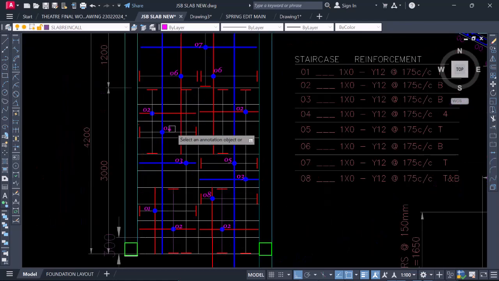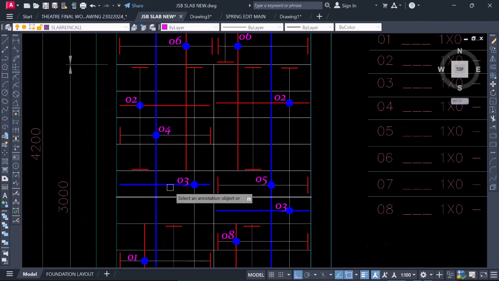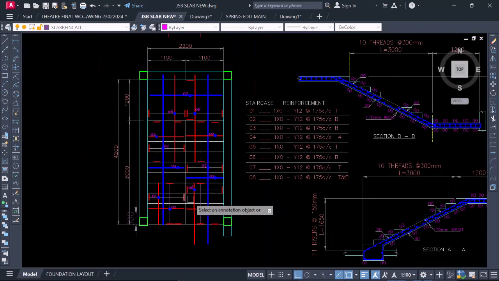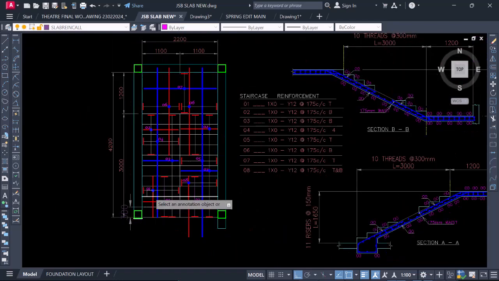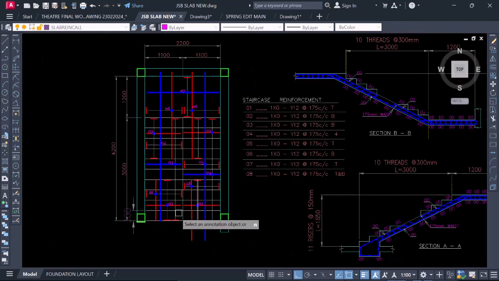Regardless, they are supposed to have the same bar number because they have the same length, the same shape, and the same size. So now we've successfully labeled all our rebars on the plan. We have bar 1 and 2, we have 3, we have 4, we have 5 on this area, we have 6,